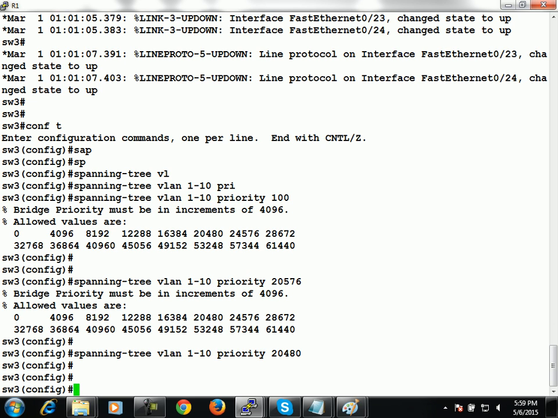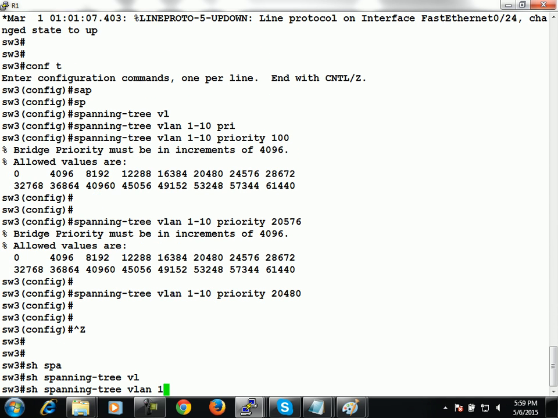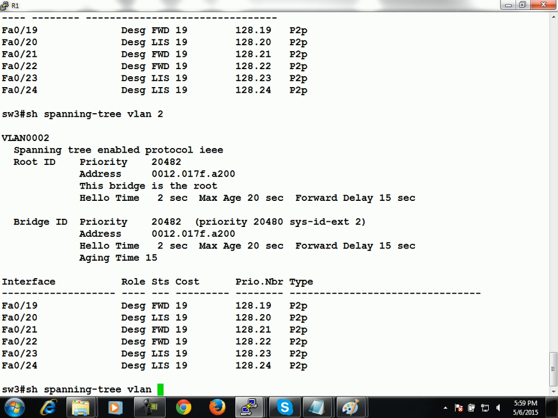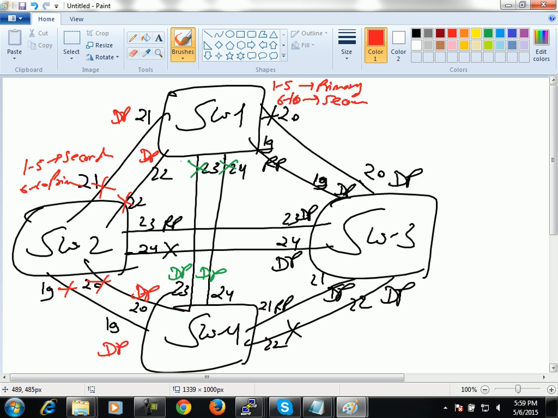Lower than 24576, and again you will see that it will become root bridge for all VLANs, because BPDUs were already exchanged. See, root bridge for VLAN 2, root bridge for 6, again root bridge for VLAN 8 also. But now if you want that primary should be switch 1,